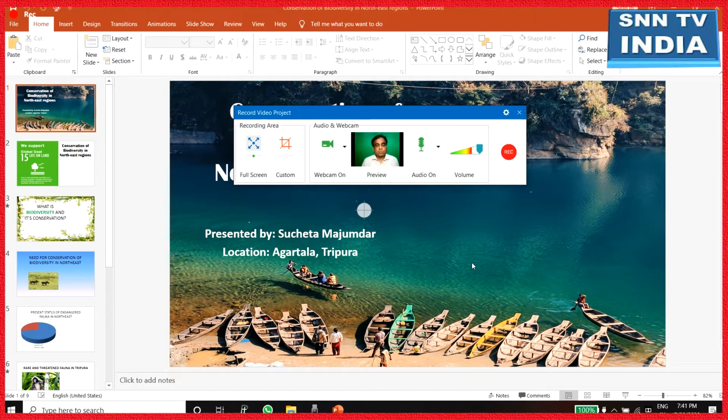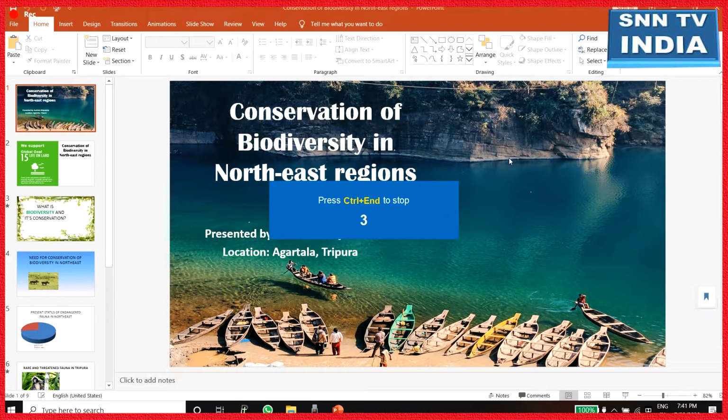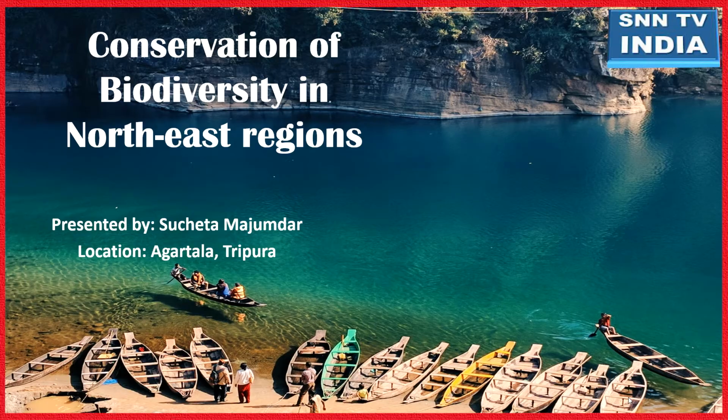Now I am starting to record this session. For that, here you can see on the right of it there is a record button option. So click on that. It will give a countdown 3, 2, 1, and now the recording has started. But as Active Presenter is recording the entire screen area, I have done the PowerPoint presentation in full screen mode. So after this, this is all set, and you can start the recording.